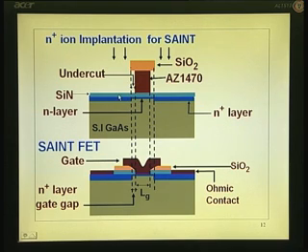The key thing here is you must have the source n plus and the drain n plus. You can see here the final device structure is this. The source n plus is very close to the gate. This is the gate metal. The gap between the gate and the source should be kept as small as possible. Ideally, they should be self aligned